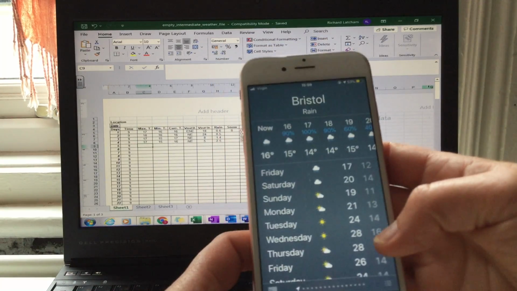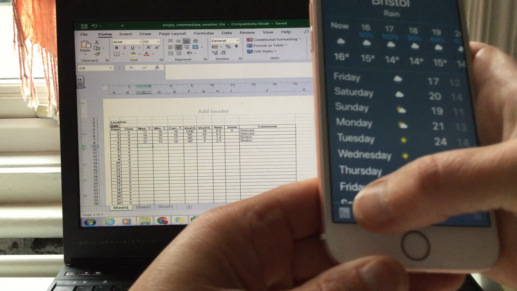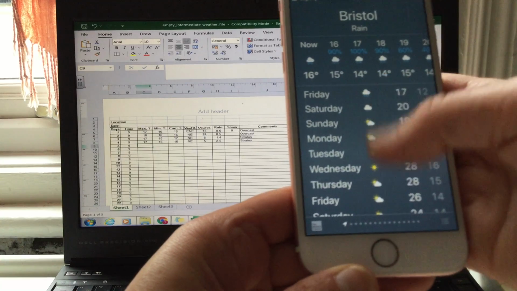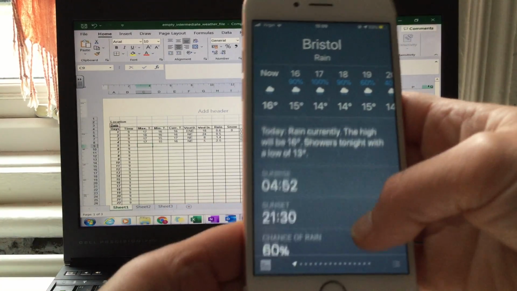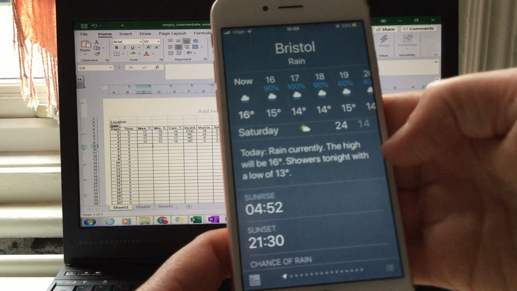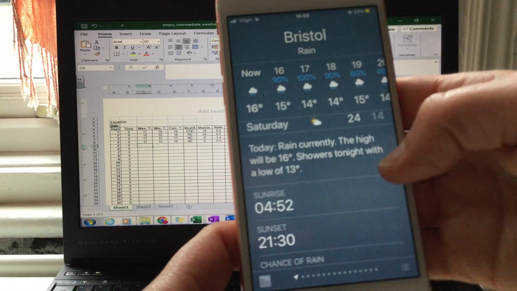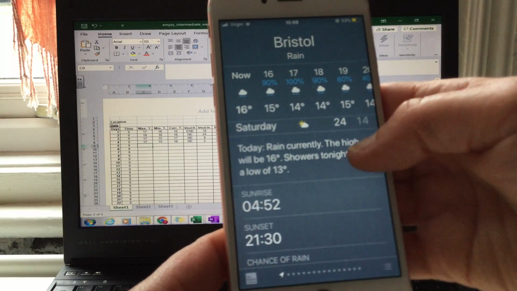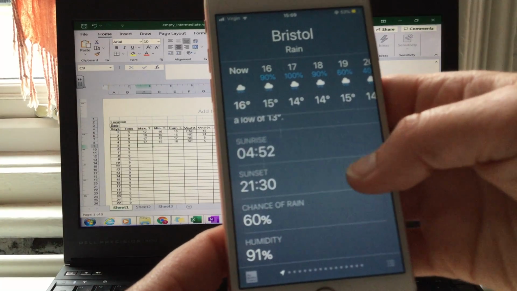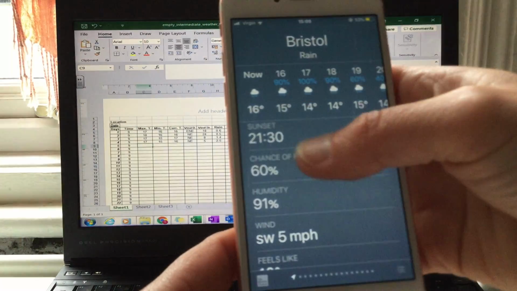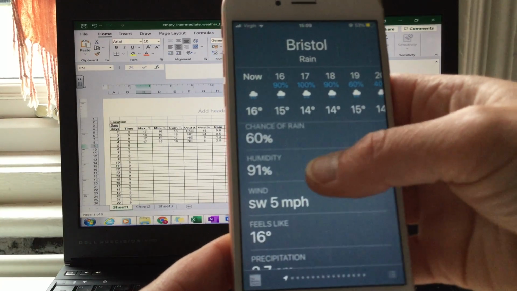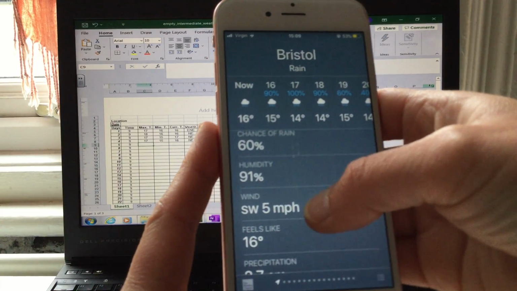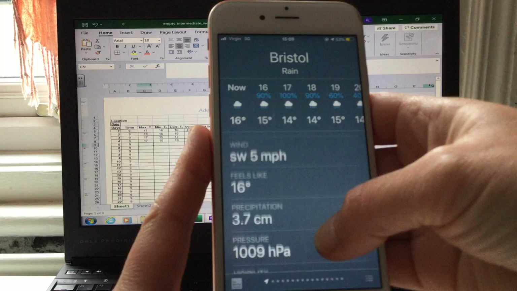Then for me, this is on an iPhone, it takes information from the Weather Channel. If you scroll down past the week ahead, the outlook for the week ahead, it'll give you a weather forecast summary. So today it's rain currently. Oh yes, it is. And the high will be 16 degrees. There's going to be showers tonight with a low of 13 degrees. It tells you sunrise and sunset. It tells you the average chance of rain for the day, humidity for the day. It tells you the wind direction and the wind speed, all in one bit of information, and what the temperature